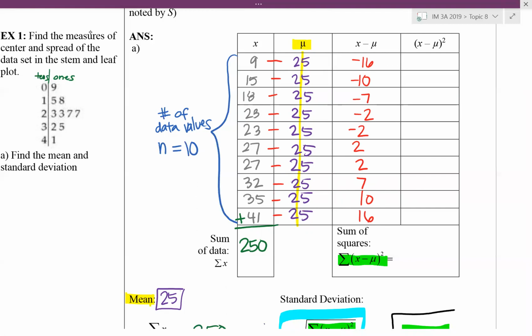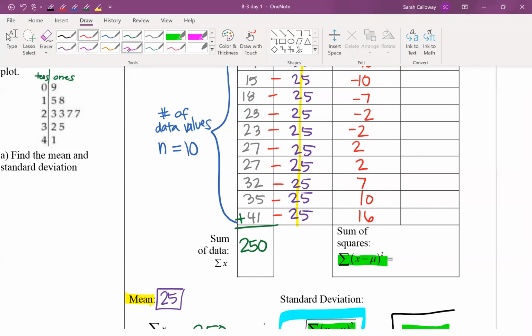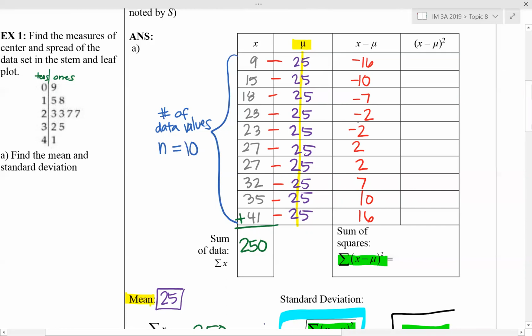Then in the next set, what I have going on is that I have x minus mu, so these are my red numbers that I just found. They want us to do x minus mu squared. So that means that I'm taking these numbers and squaring them. So if they're negative, they're turning positive, and so all your numbers here should be positive, because squaring, second power, always makes something positive. So negative 16 squared is positive 256. Negative 10 squared is 100. Then we've got 49,